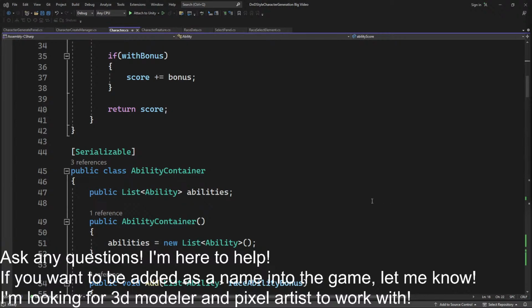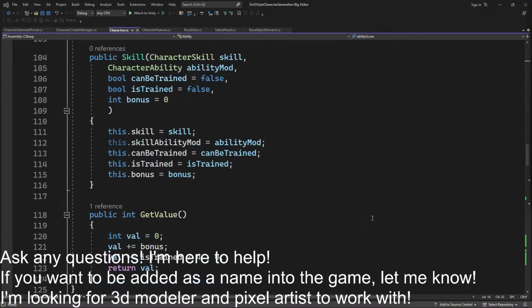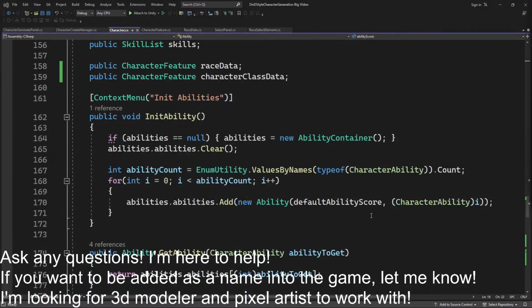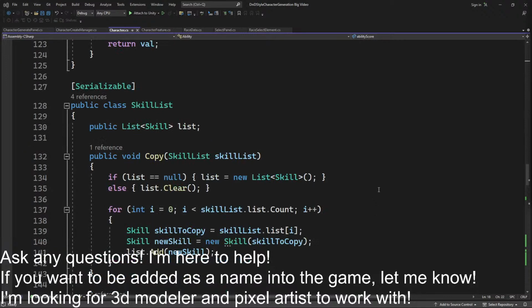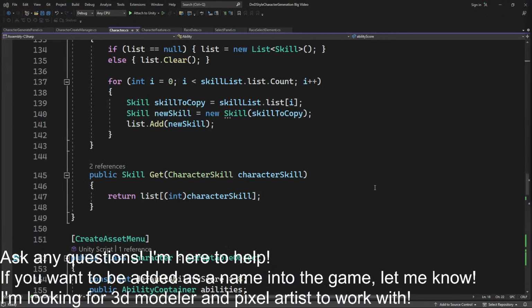I wonder, how should I approach this? If I make another stats class,